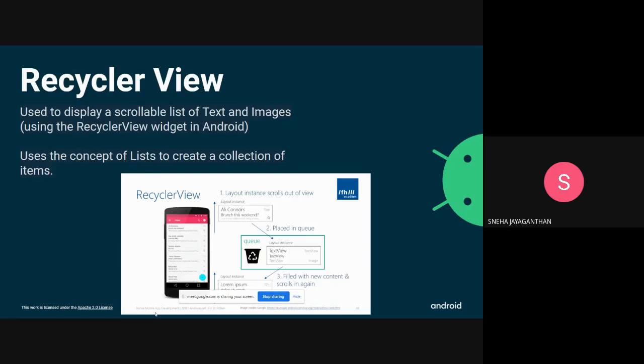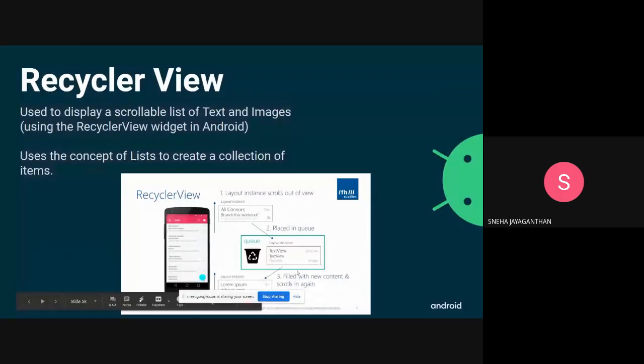You have to mention all the properties like layout height, layout width, and then you have to add the list to access the respective image that you want. So you can see here in the image, a layout instance scrolls. You can place it in a queue and you can fill it with content and it scrolls in again.